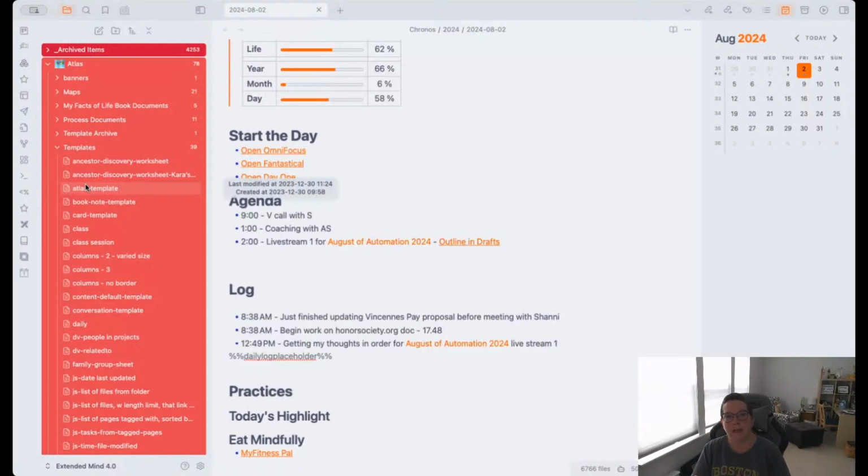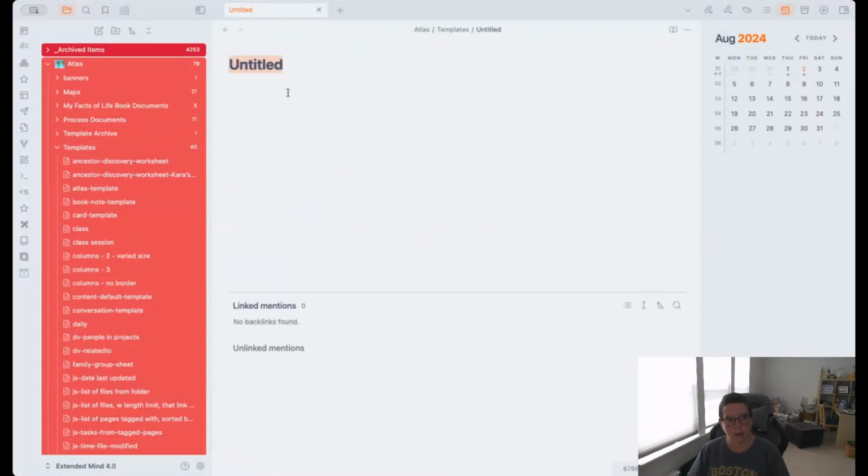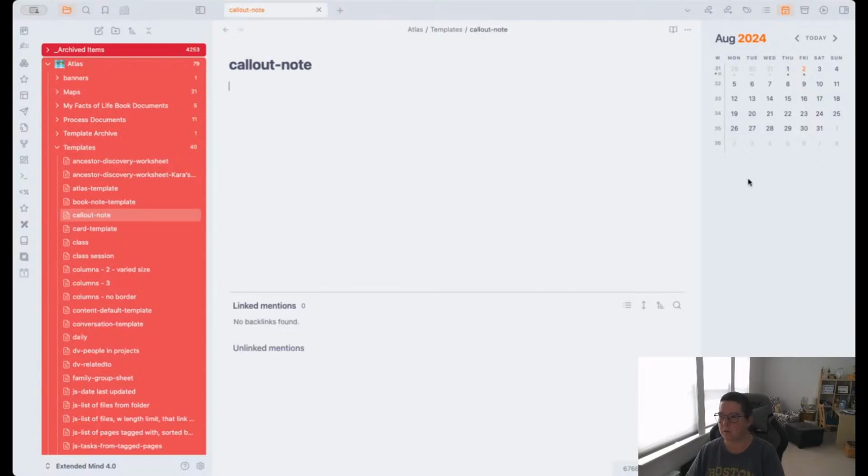But we're going to go ahead and create a template for callouts in Obsidian, just to show you what that would look like. So let's go ahead and create a new note in our templates folder. That's how you create a template in Obsidian. It's super simple. And I'm going to call these callout, and this one's going to be note. And so I'm going to just grab my text over here. And I'm going to go ahead and let this one be expanded, just because that is generally my preference. Okay, so there is our note.